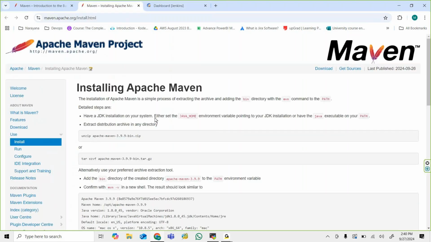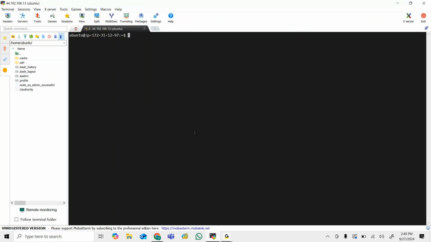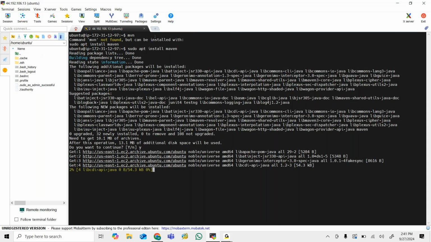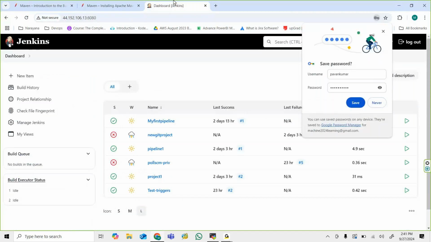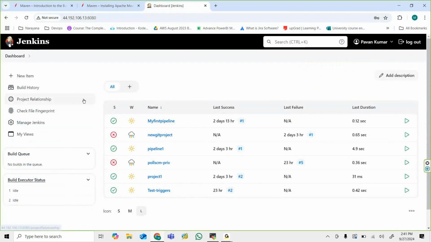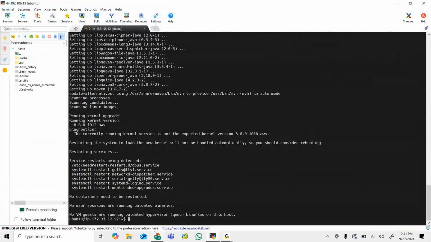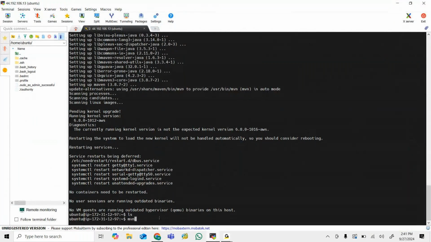Okay. So first thing I need to install Maven. So the command is mvn. If I press mvn enter, it should show me the list of commands associated with it, but it is not showing. That means Maven is not installed on my system. To get it installed, sudo apt install maven. Do you want to continue? Yes. See here, Maven has been